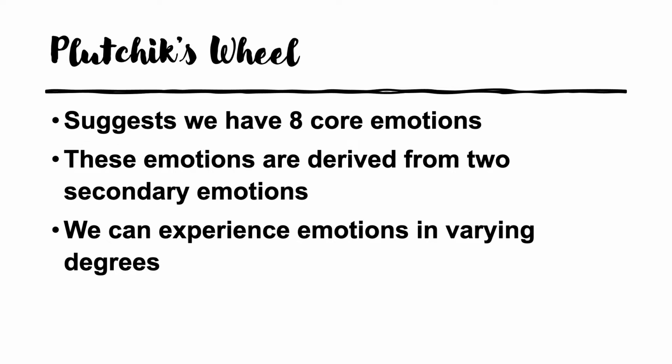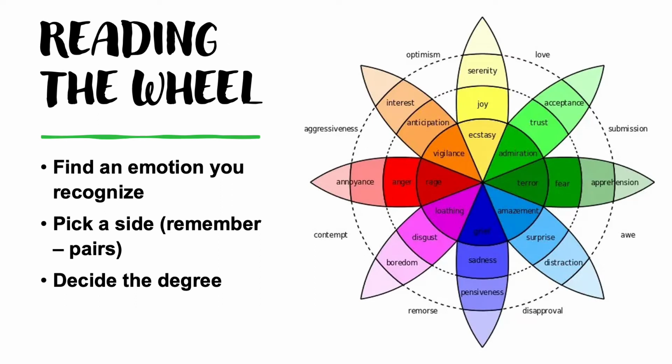So what happens is that you can identify an emotion, and according to this wheel, it will always identify with an emotion that is right next to it. And this will make more sense as I dive into it. So here we have the wheel, and I'm going to teach you guys about reading it right now. So as you see,